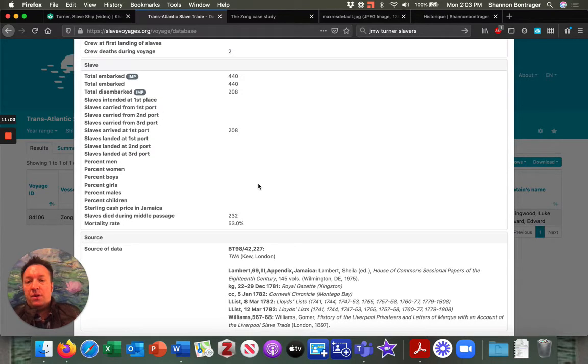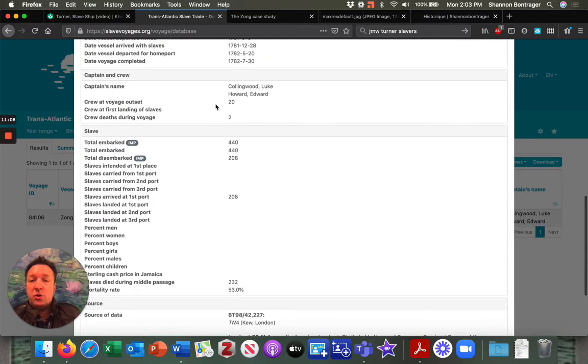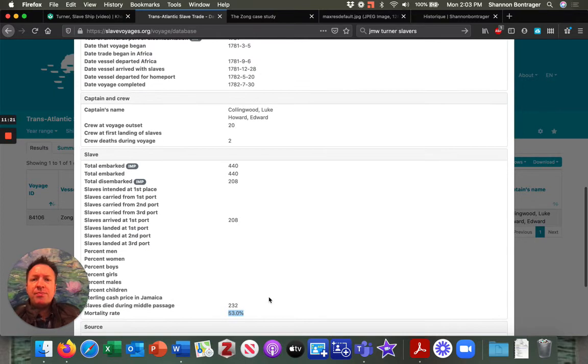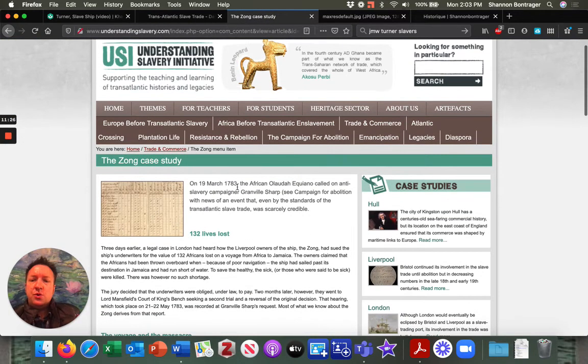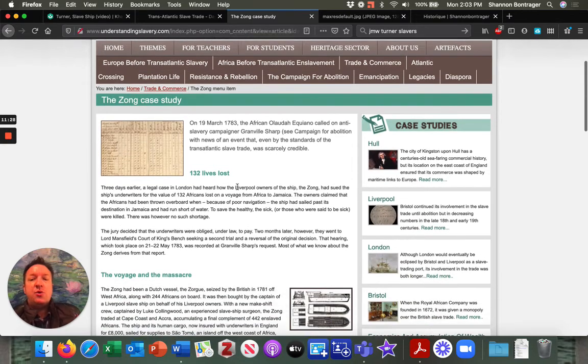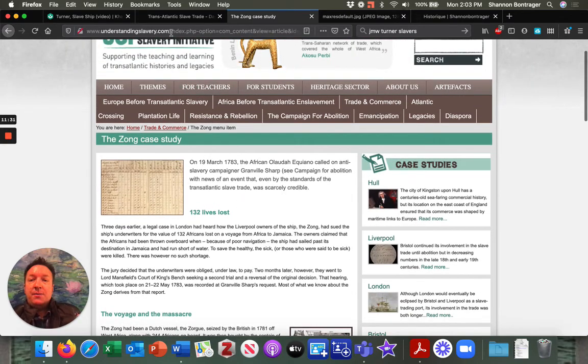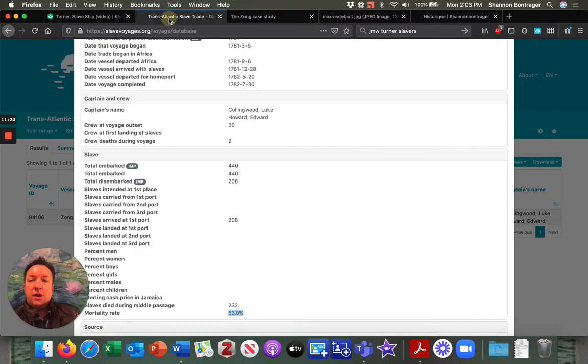That all the amount of money and wages and food that went into paying for the crew and for the investment in the ship and various other things, the company here, or the investors here, lost a lot of money in this voyage. And what becomes so controversial, particularly as you go to this website, Understanding the Slavery Initiative, and you read more about this voyage, is that even though the Gregson brothers seemingly didn't make a profit, they had actually taken out insurance